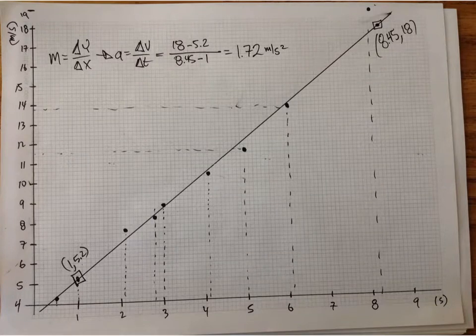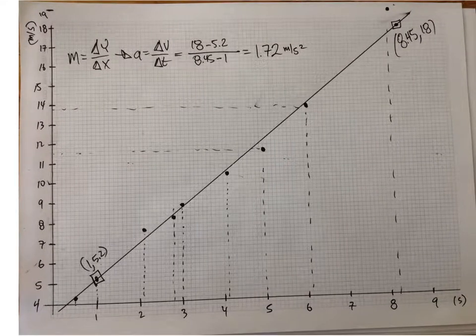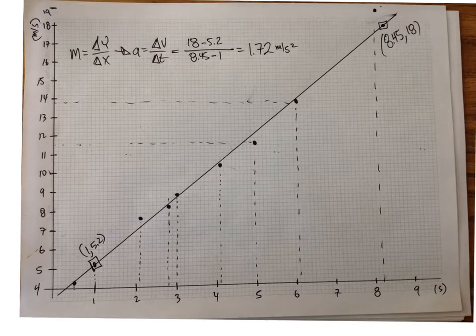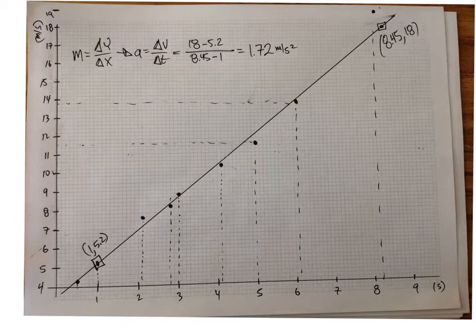Okay, here's a little explanation of our question, interpretation of velocity time data. The question asks us to use a graph to calculate the acceleration of the object, and we're given velocity and time data. Using a piece of graph paper, I took a look at our data and saw that velocity,